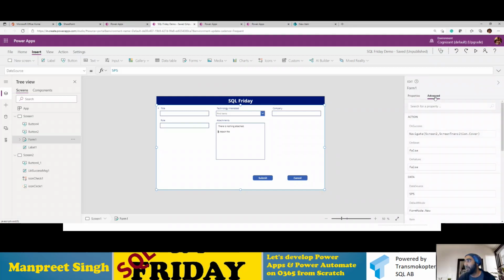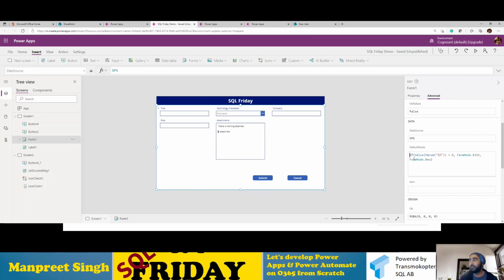So what I'll do is I'll go to the advanced section here. Right now, if you see, my default mode is form mode new. I'm just going to replace it with this. Let me replace it and then I'll talk about it. And I'm going to replace the item level also with this. All right. So what I did here was